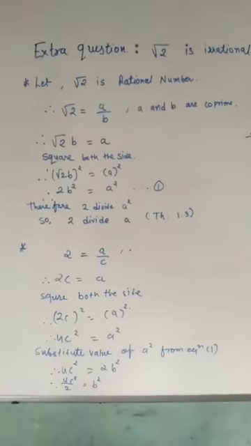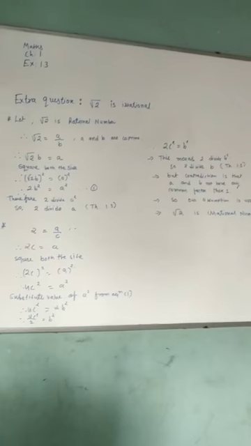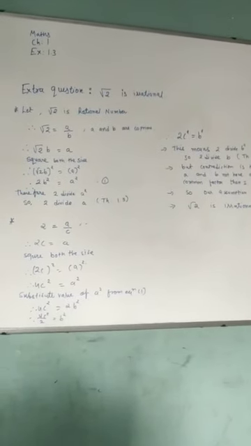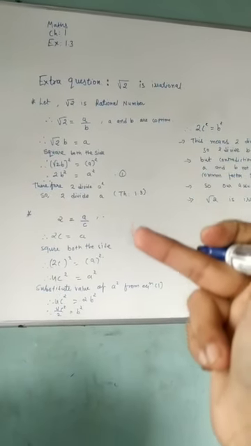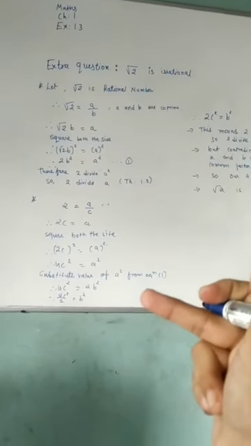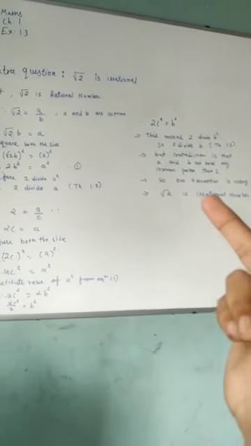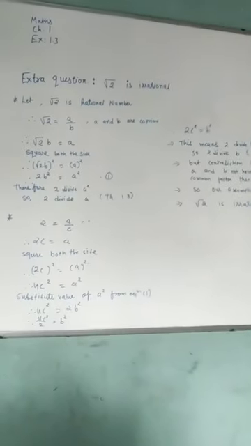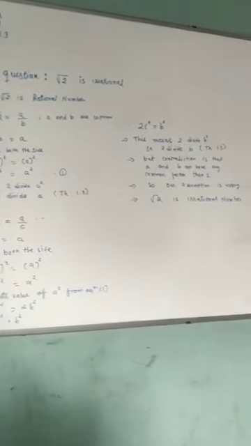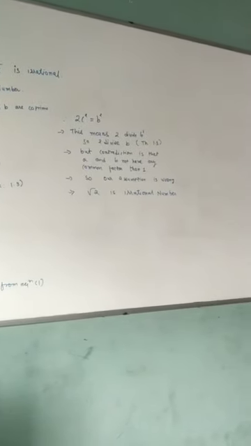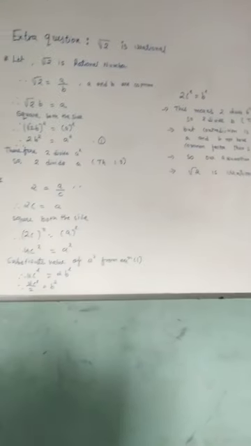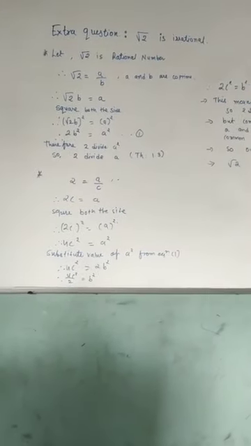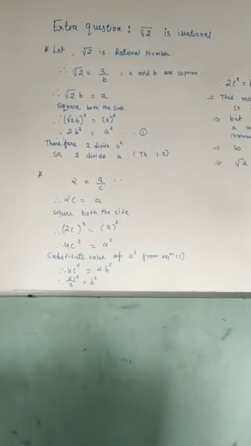Now I would like to tell you in detail about this. You have to remember this whole thing, point to point, ditto same to same. First you have to guess root 2 as a rational number, then you write all these things, and at the last you will see that whatever you have guessed, that the number is rational, we could not prove it rational, so that number is an irrational number. Now you have to write this theorem ditto same to same for the board purpose.